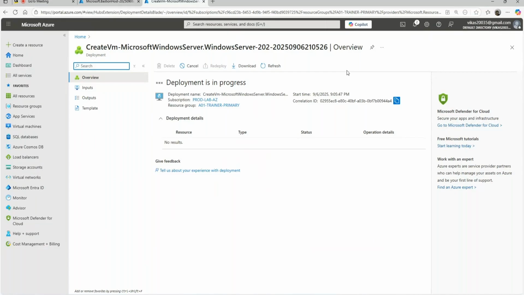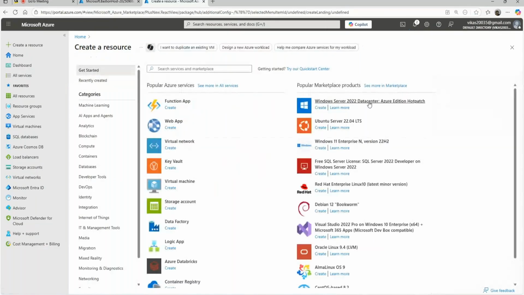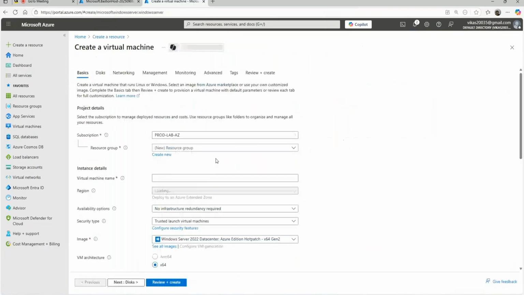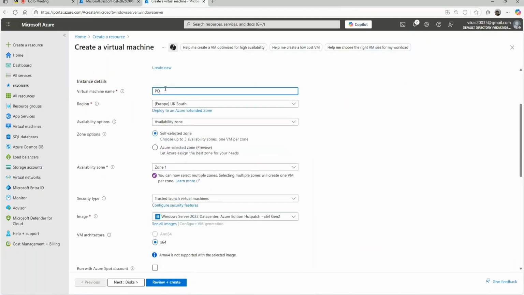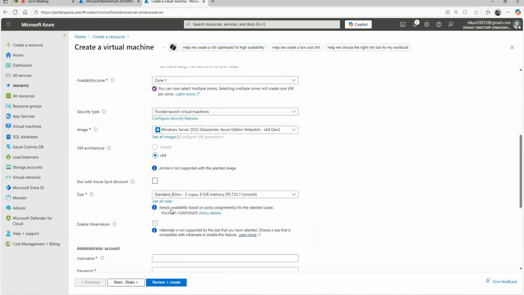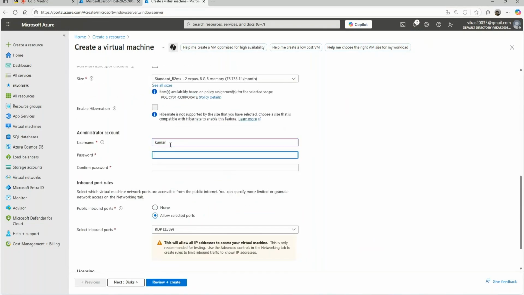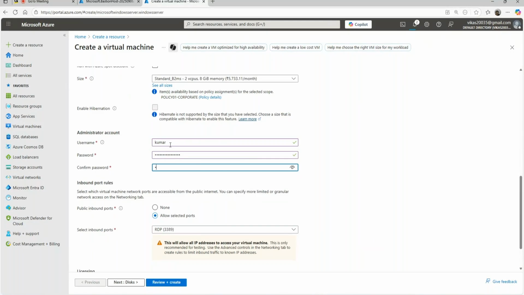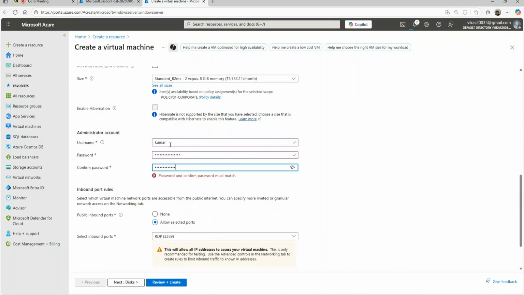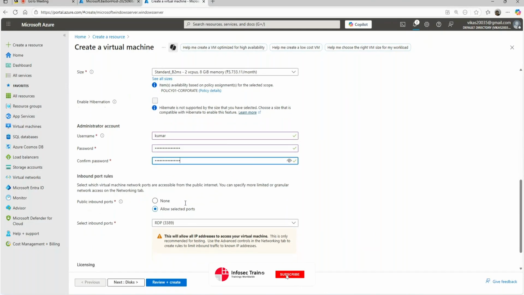So I'm deploying my second machine. This is my prod VM, Server 2022, no problem. This time it's a prod VM.